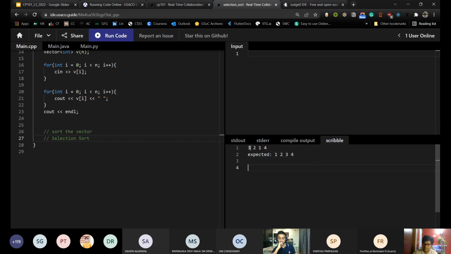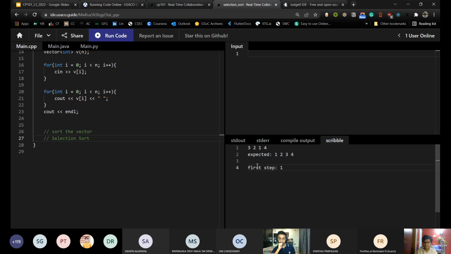First of all, what was my step? I will go through the array and pick the minimum element. So I went from 3, first I saw 3, then I saw 2, 2 is the minimum. Then I saw 1, now 1 is the minimum. Then I saw 4, still 1 is the minimum. So I know that 1 is the smallest element of the array. What I will do is I will replace 1 with whatever element is there in the first position. Okay. So now after the first step,